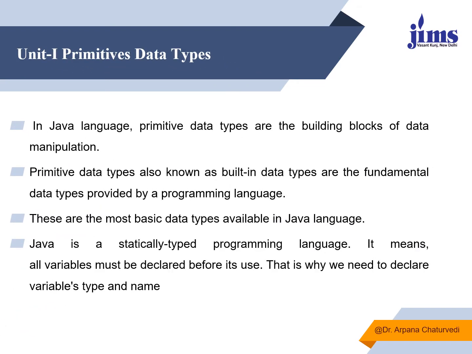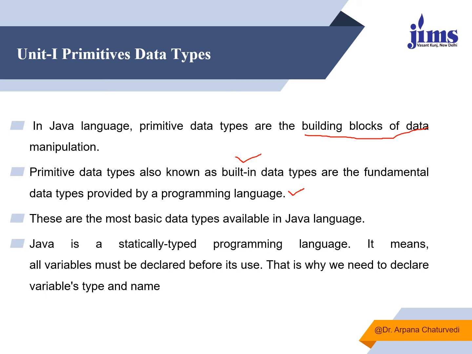primitive data types are those data types which are the fundamental data types or basic building blocks of data manipulation. These are also known as built-in data types or fundamental data types because they are provided by default by the programming language. The variable which we are declaring of that particular data type will be holding that kind of information, and that too within some range. So if it is an integer data type, there is a range: what will be the maximum integer which will be held by that particular variable.